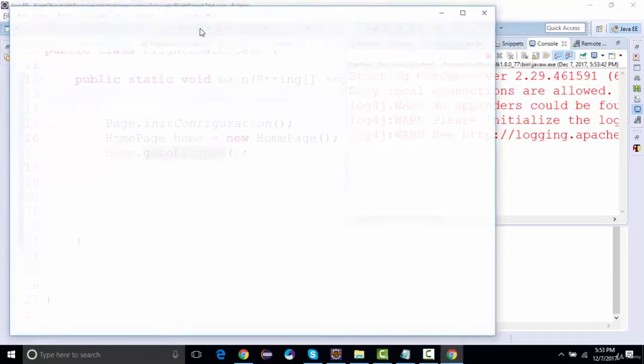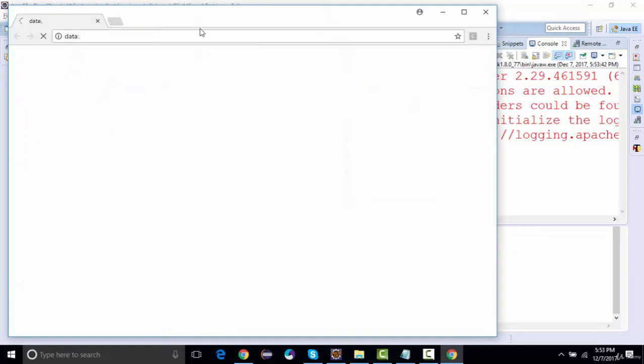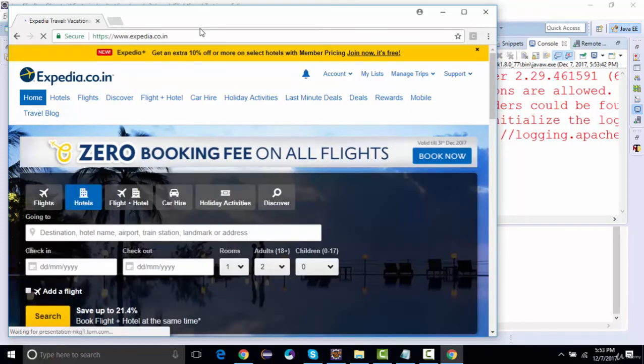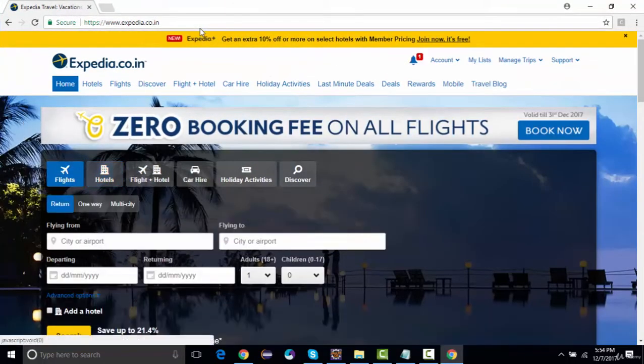So it's launching Chrome. The logs are not yet initialized. We need to define the log4j properties. So let's see, we'll do that later on. First, let's see how our test works. See, it has gone to flights. The very first test executed successfully,